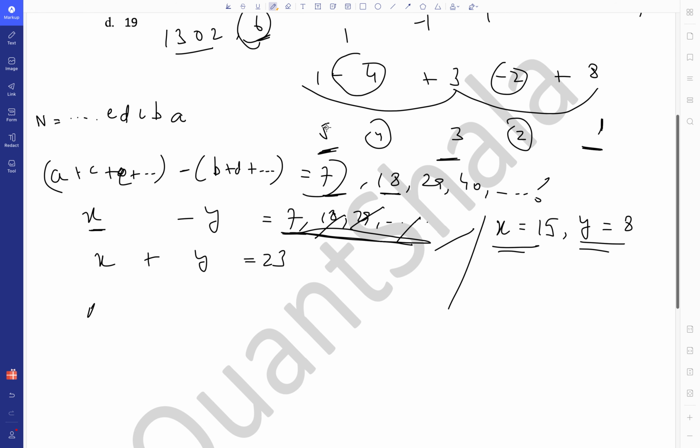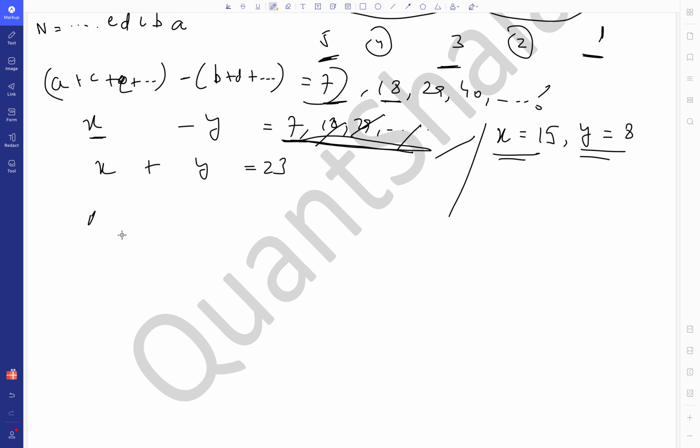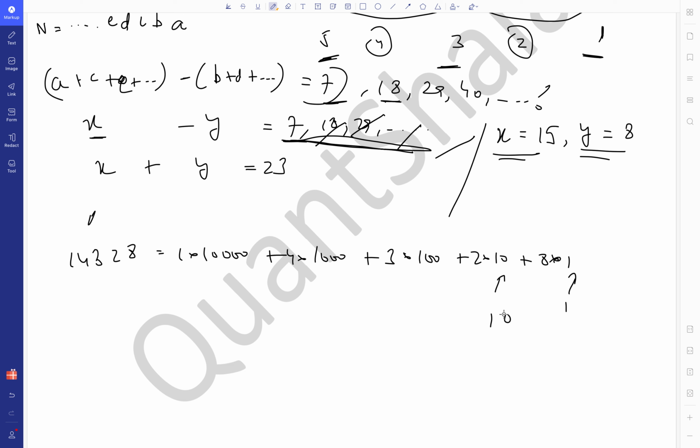Let's look at what the remainder of n with 33 means in terms of digits. Okay, let's look at the same number, 14328. This is the same number that we took earlier, right? So this will be 1 into 10,000 plus 4 into 1000 plus 3 into 100 plus 2 into 10 plus 8 into 1. Looking at remainders with 33, the remainder of 1 with 33 will be 1, 10 with 33 will be 10. The remainder of 100 with 33 is 1. Okay, 1000 with 33, again multiply 1 and 10 to get 10. This will be 1 again. Okay, again we can see these are alternating.